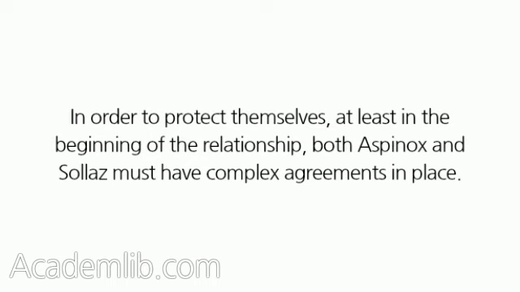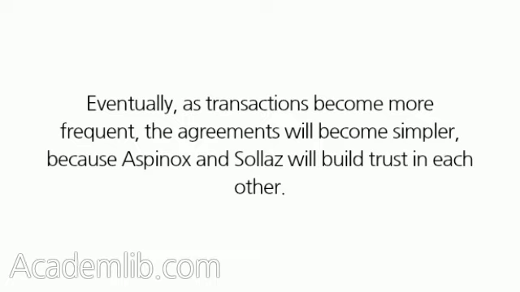In order to protect themselves, at least in the beginning of the relationship, both Aspinox and Solis must have complex agreements in place. Eventually, as transactions become more frequent, the agreements will become simpler, because Aspinox and Solis will build trust in each other,